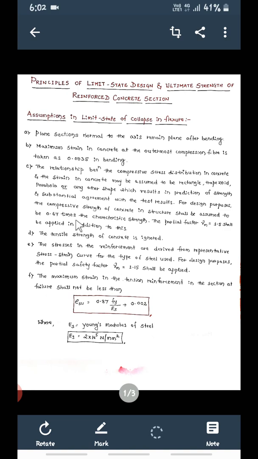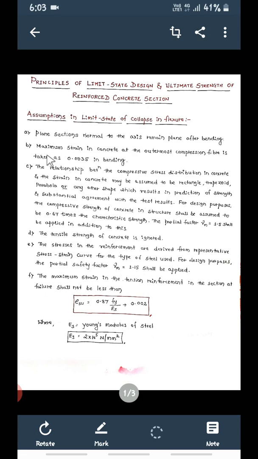Now we'll start with another interesting session. Before going into the details of analysis of elements, we are going to see what the assumptions are in the limit state of collapse, that is, how using these assumptions we're going to use the limit state method for the design of elements. We'll consider principles of limit states design and ultimate strength of reinforced concrete sections. In that, first we'll see what the different assumptions made in the limit state analysis or limit state